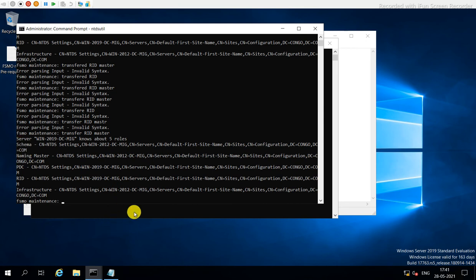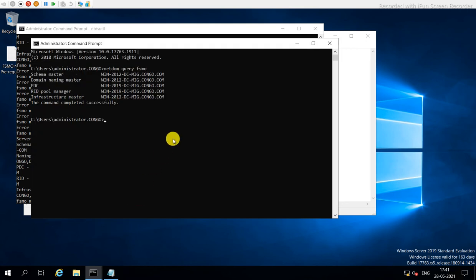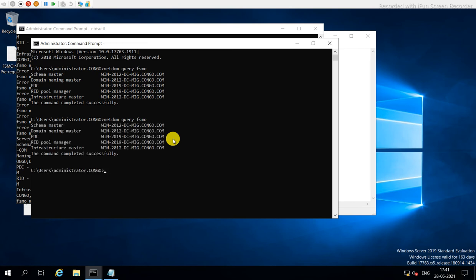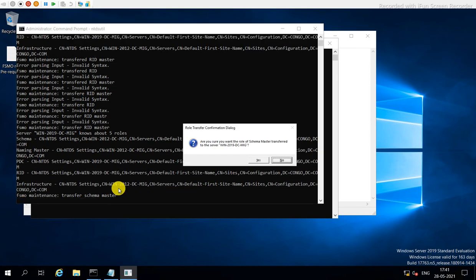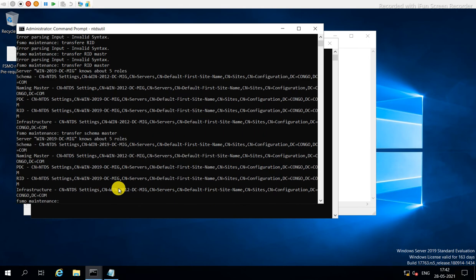So here we will check. These two roles are transferred. Now we'll transfer the schema master role. Again we confirm the dialog box with yes.